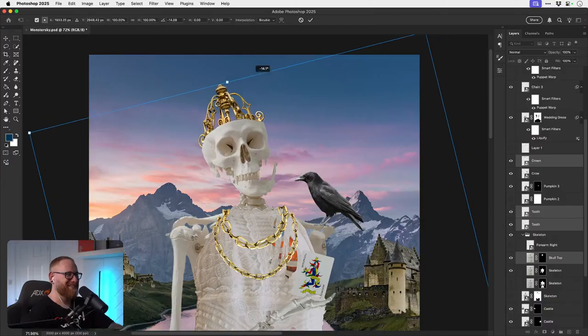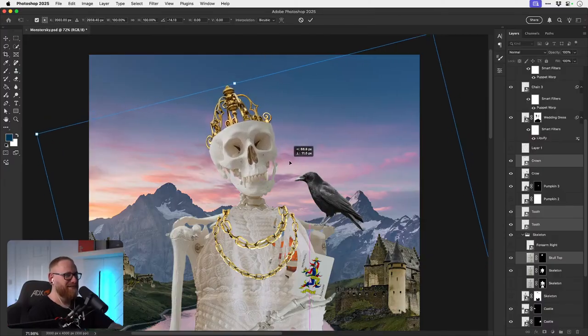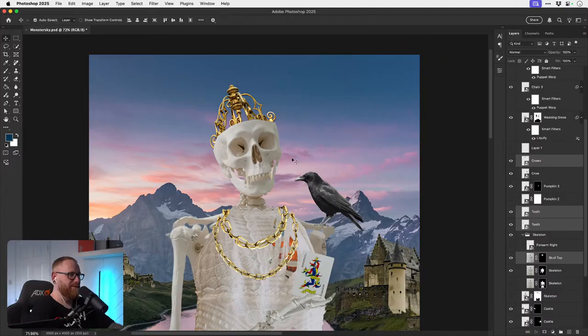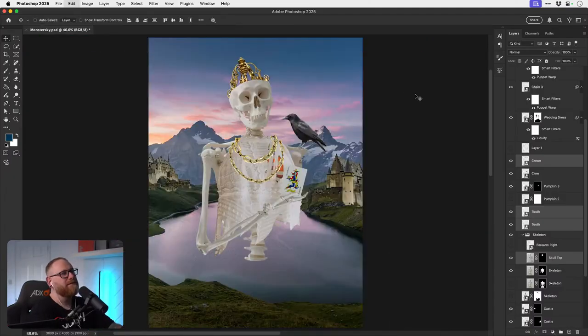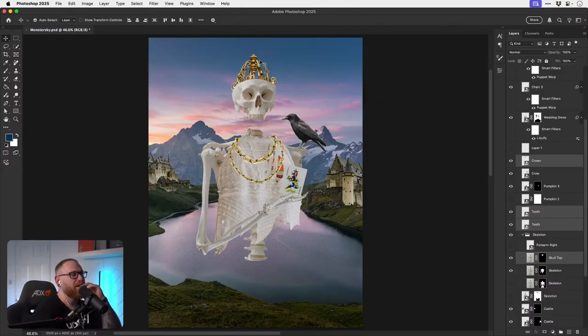That does look kind of cool. Just totally throw it off on an angle. Oh, I don't know. Maybe instead of the crown, just have like a flaming skull.